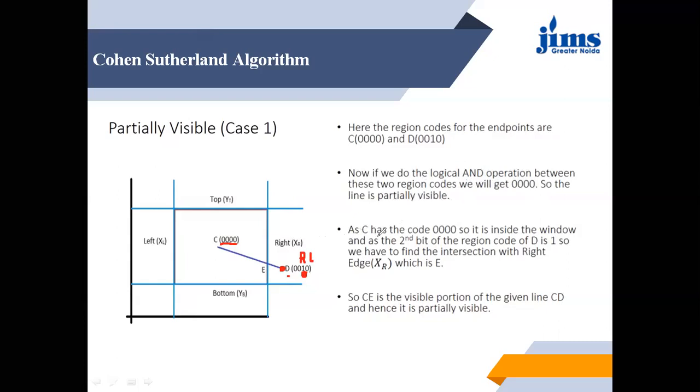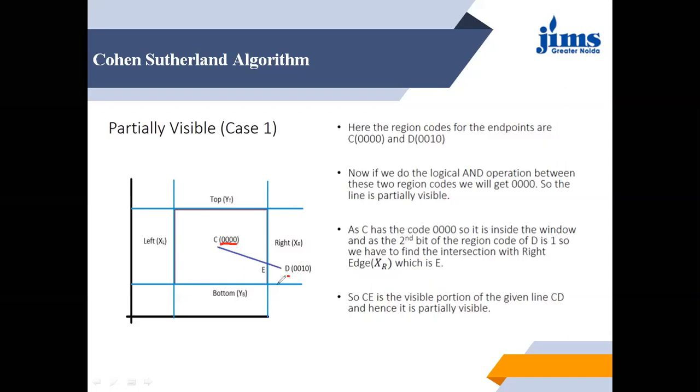At the edge over here, C is inside the window and the second point, that is D, is 1. So we have to find out the intersection with the right edge. That is, we have to find out this intersection. And when we find this point, we can say whether this line is visible or invisible, or we have to clip this line. So it can be found out